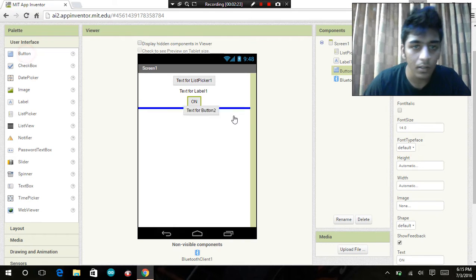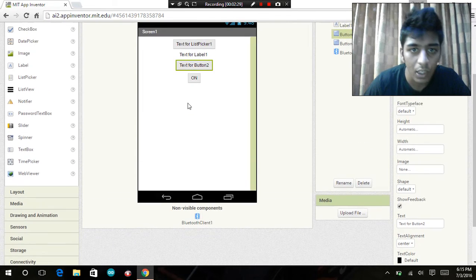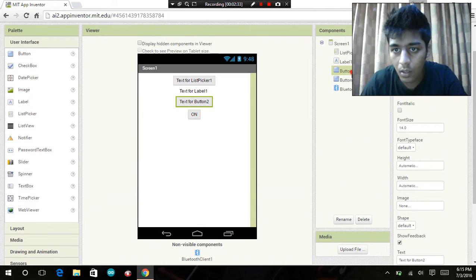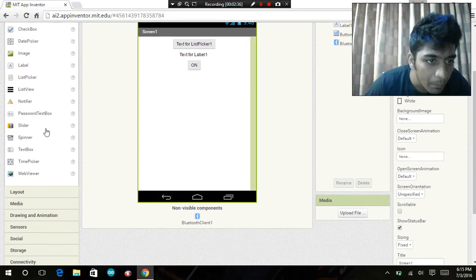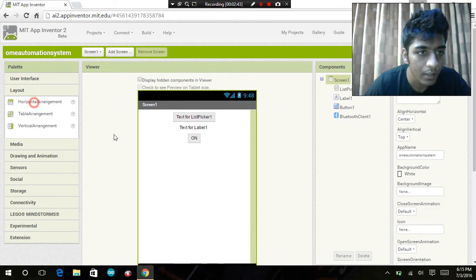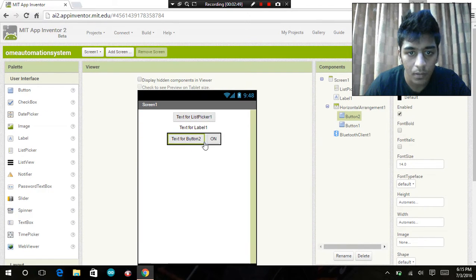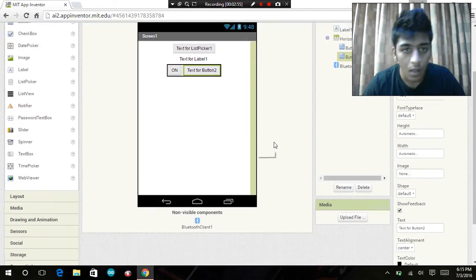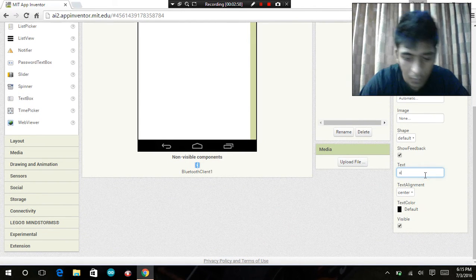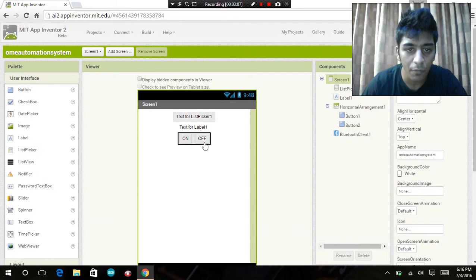Now I want another button, but before adding another button, I have to go to layouts, a horizontal arrangement, then again go to user interface, button. I would name this button as off.